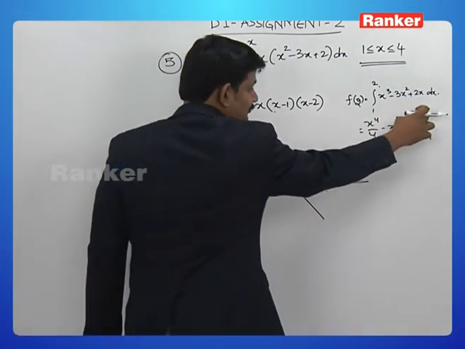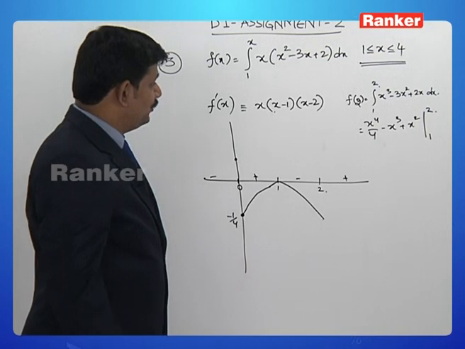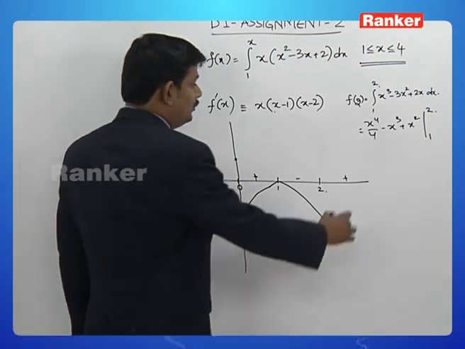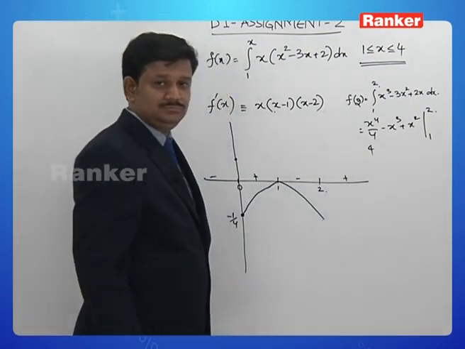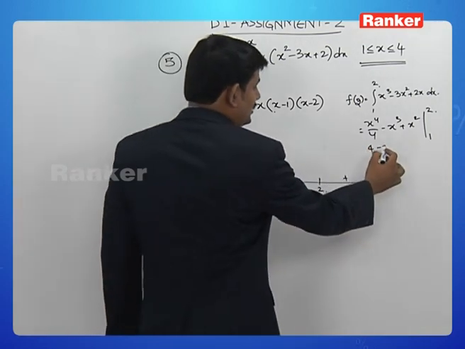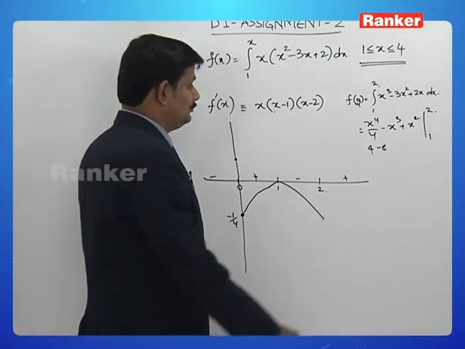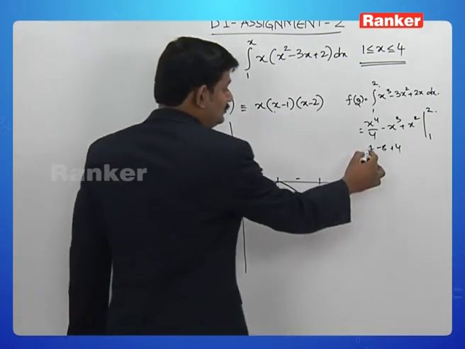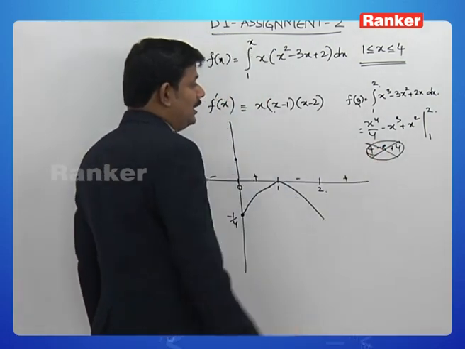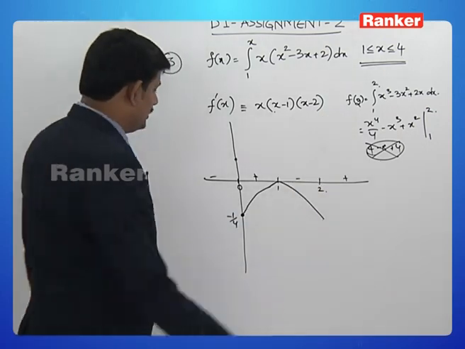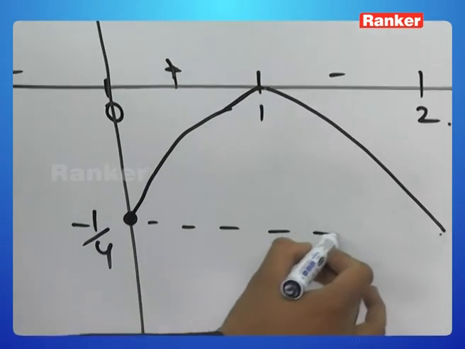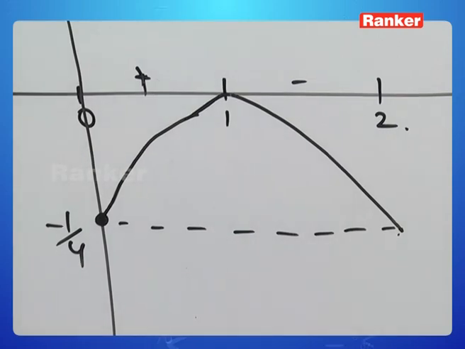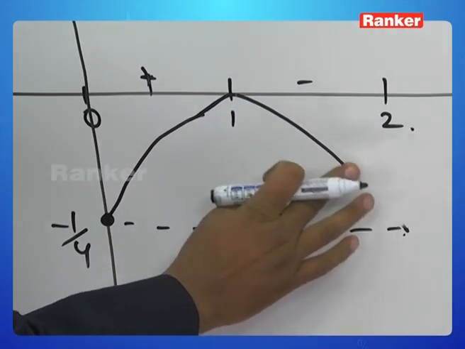Substitute 2. 2 power 4 by 4 is 4, minus 8, plus 4, that makes it 0, and substituting 1 we get minus 1 by 4. So, f of 2 is also minus 1 by 4, and then the function increases,